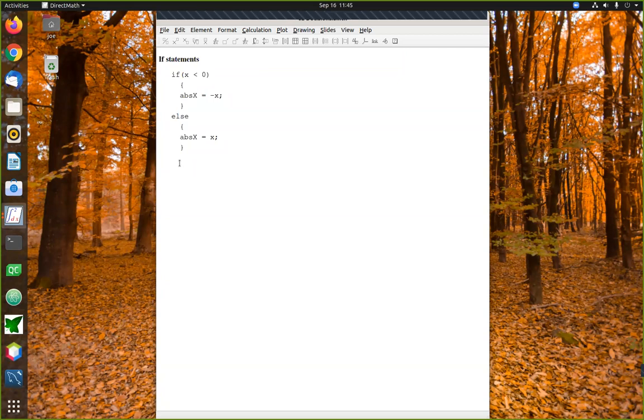But one of the nice things about Java is Java gives you lots of flexibility in how you format things. All right, so here's an alternative way that we could format this. This is still perfectly legal. This is still a perfectly legitimate if-else statement. The only difference here is I have changed the way that the various parts have been structured and formatted so that the thing simply takes up less space on the screen. Right? And Java gives you lots of flexibility in terms of how things are formatted.